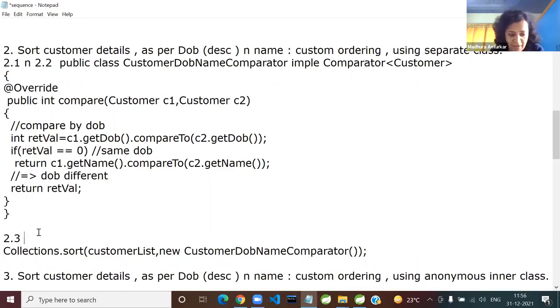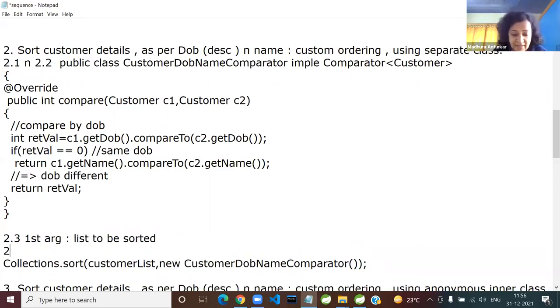You know this already. The first argument here is the list to be sorted. And the second argument is going to be the instance of the class that implements comparator.